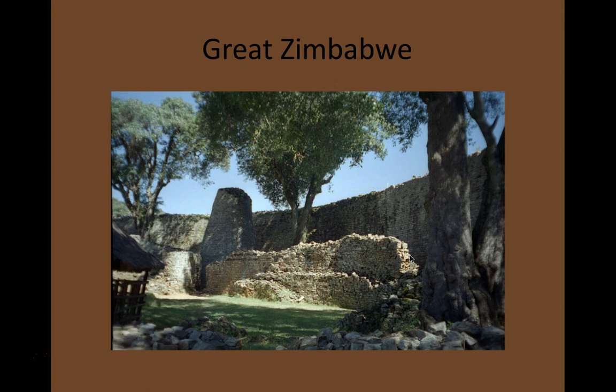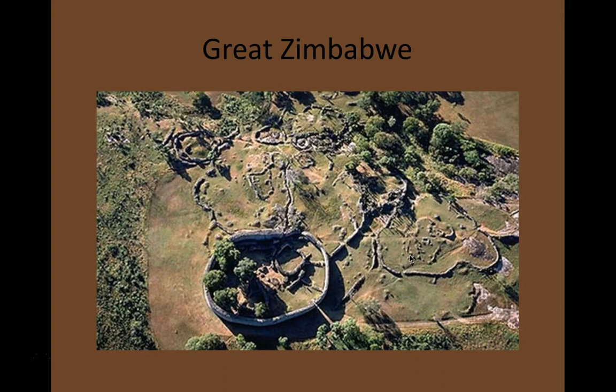The Great Enclosure, it seems, and this is a theory, it's not universally accepted, but we'll go with it anyway. The Great Enclosure was possibly the residence of the ruler of Great Zimbabwe. The Hill Complex was a religious center. The Valley Complex was rather late and may have been a later residence of the kings, or may have been the kind of later built and later inhabited portion of this remarkable site.